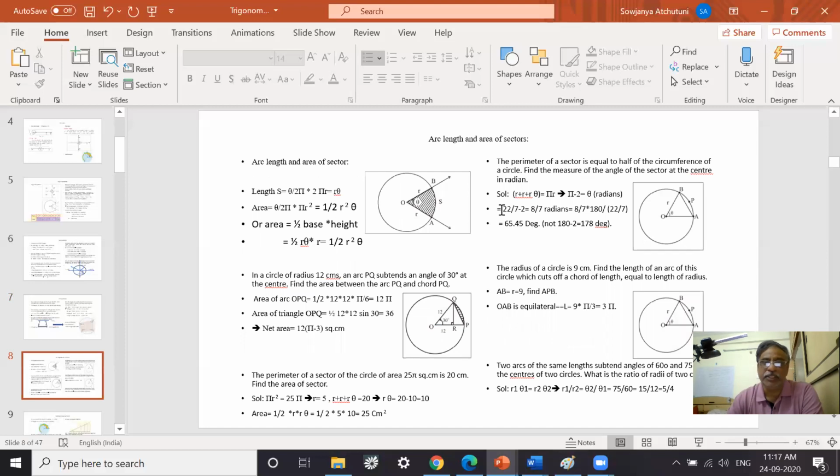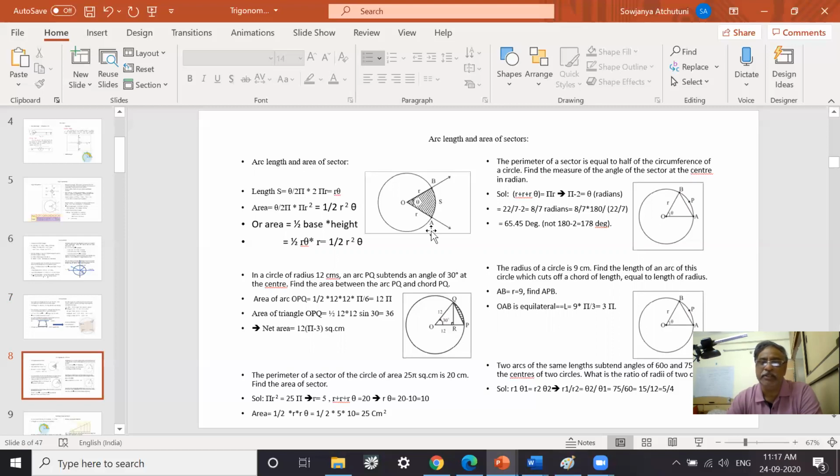So let us also understand some of the arc system. We have now understood the angles and the angles with respect to arc. So what is the length of the arc? Total length of the arc is 2 pi r for an angle of 2 pi. So theta by 2 pi into 2 pi r, that means r theta. So the distance is r theta.